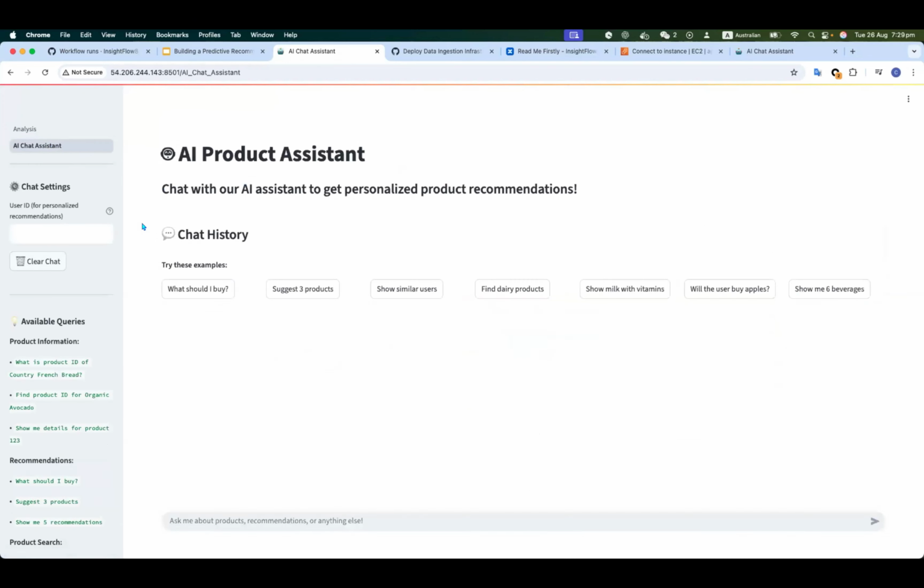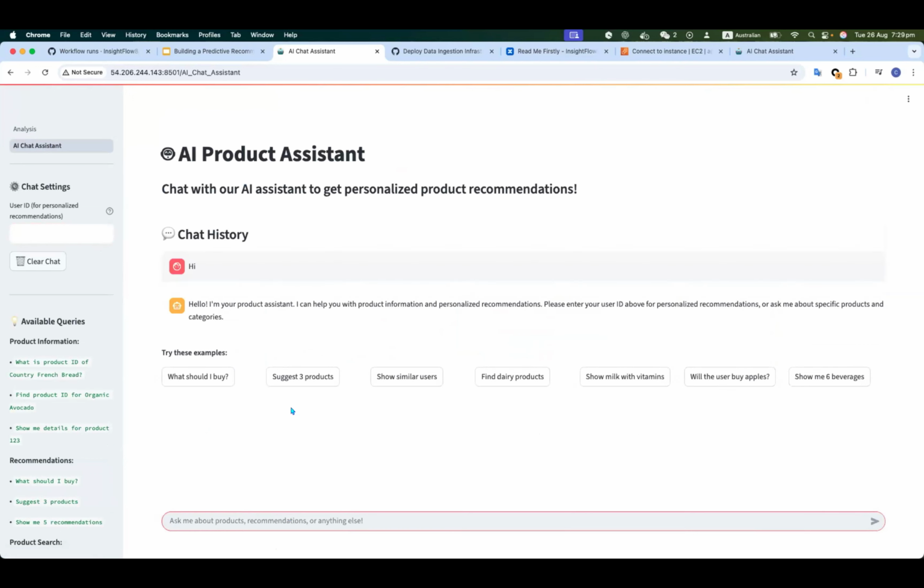And then we have a chat agent. Let me demo some features. So let's say hi. It says that you need a user ID to do the personalized recommendation.